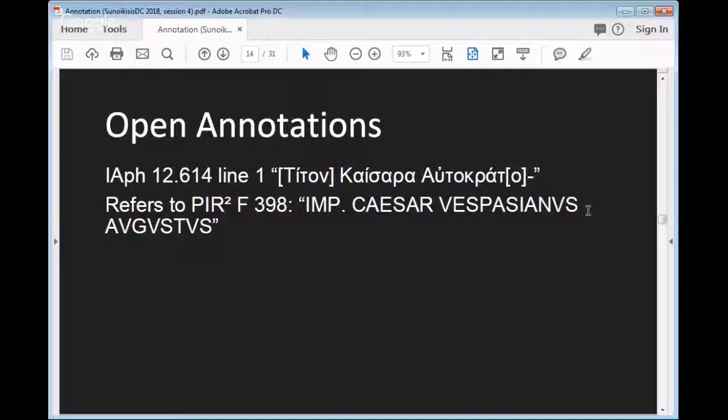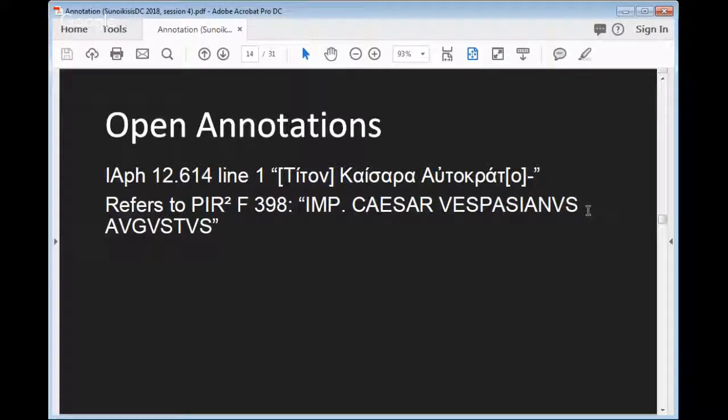This is a human identifier, not a machine identifier. It's an identifier that you would cite in a print publication in a footnote, PIR second edition F398. And that's again disambiguating the string of characters on the first line of that inscription, and that's the human readable version of the annotation I'm about to attempt to make.